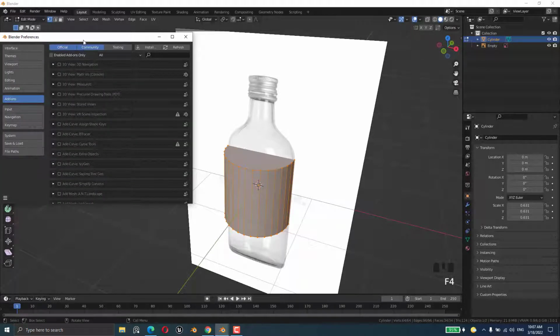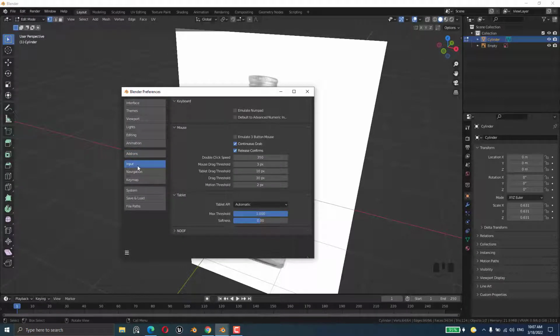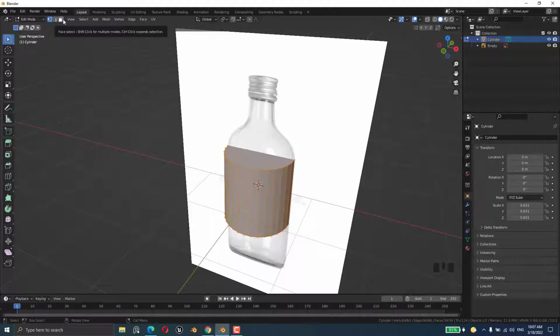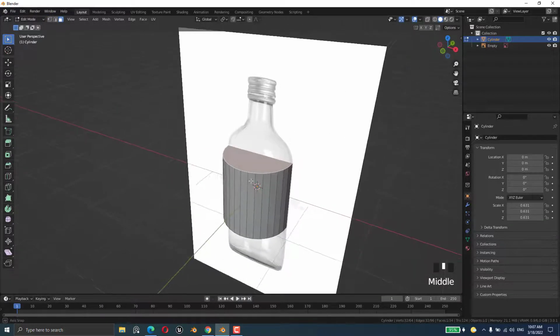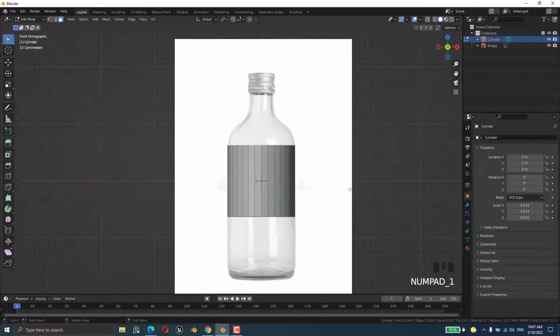You emulate the numpad, so you should choose from here. But if you didn't emulate, you can just press 3 and it will go to the face selection. Okay, so what I will do, I'll go to the first and I will just press E, okay, E,